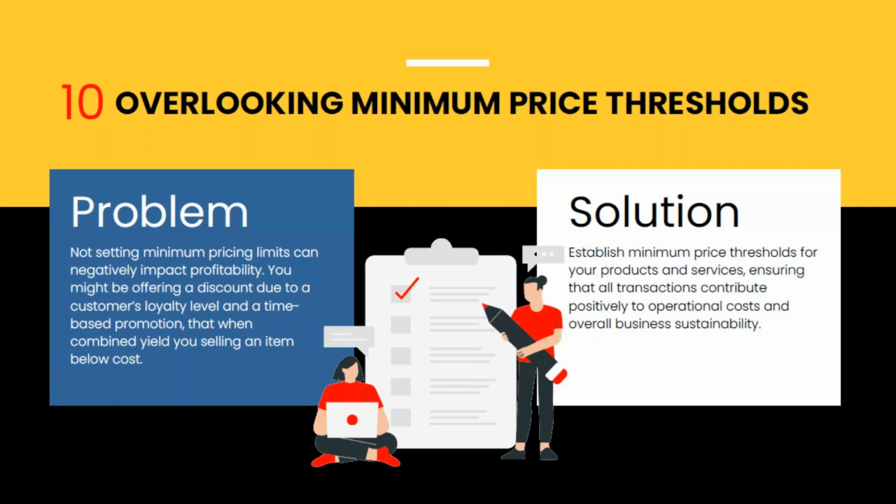It adds another discount. Well, if you apply all three of those discounts, you might be selling for less than the cost even. And so setting a minimum price threshold can be very helpful so that you don't over discount,